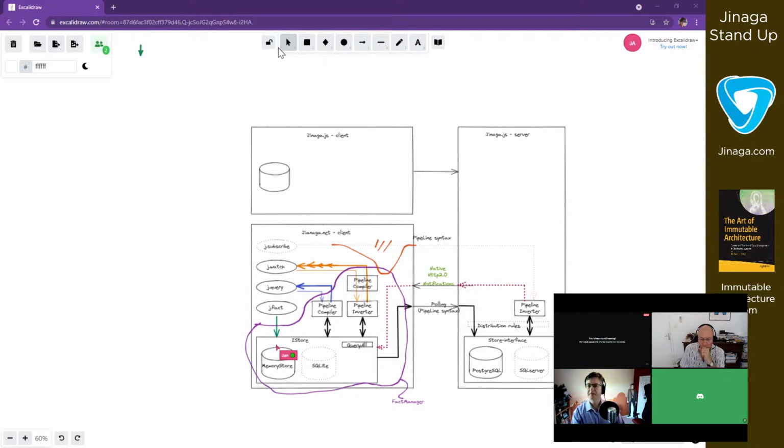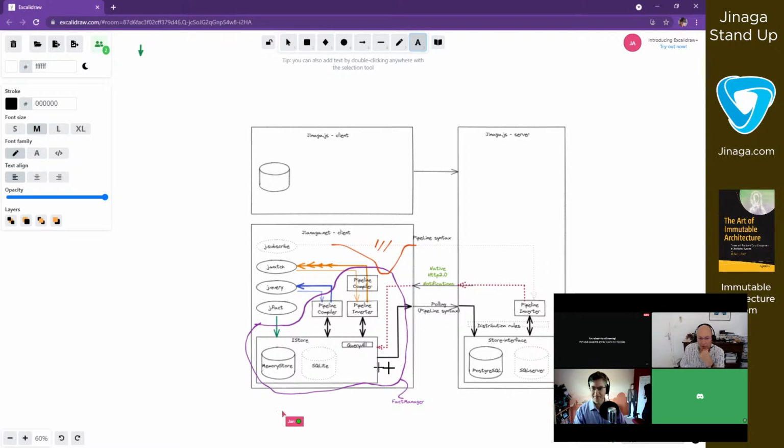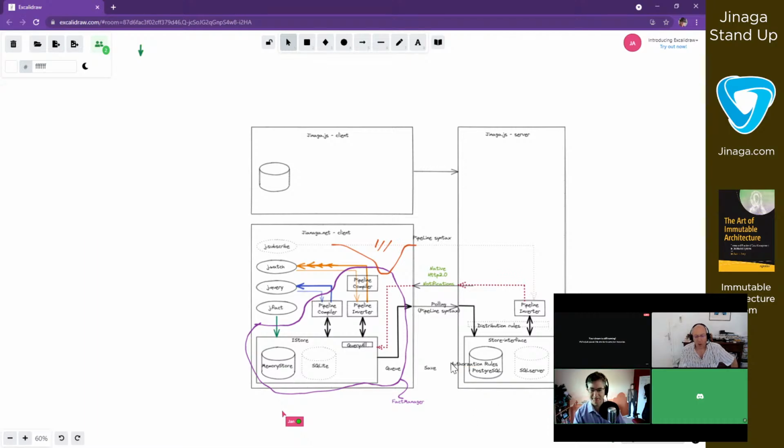So I should probably try my hand at this. Somewhere in here we'll have a queue, and then that will save the facts, and that's where the authorization rules are applied.